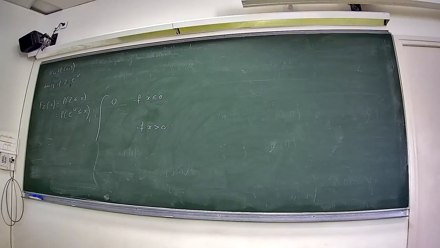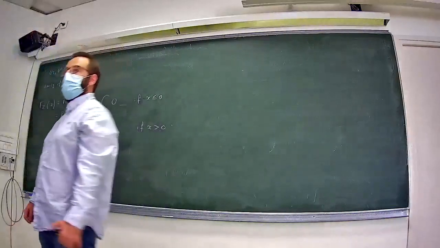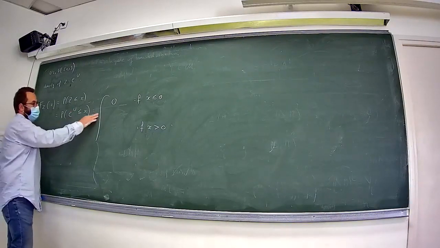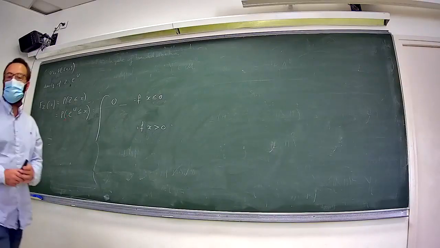And keep in mind that what I know is the fact that u follows the uniform on the interval 0, 1. So I know the distribution function of u, and I want to be able to use it in order to obtain this quantity here, that is the distribution function of z. So how to continue the computation here? In order to make appear the probability that u is less than something,